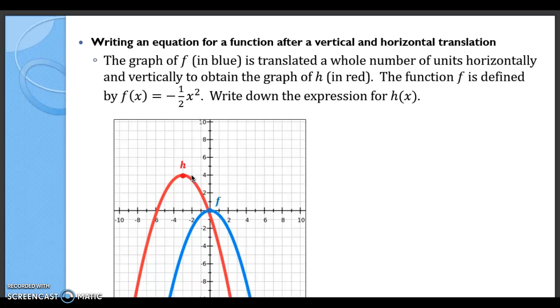Well, this point right here on f is at (0, 0). And it is similar to this point right here on h. So the question is, how do I get from f to h? Well, I have to go up 4 and to the left 3. So up 4,